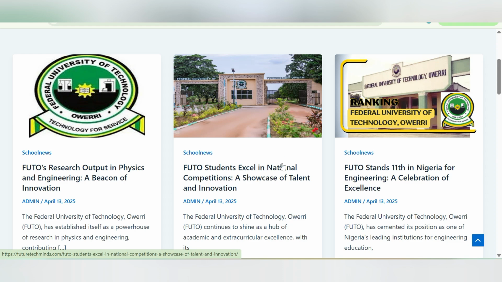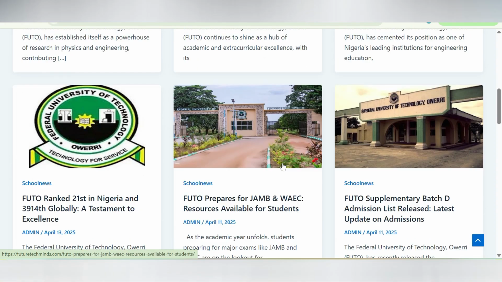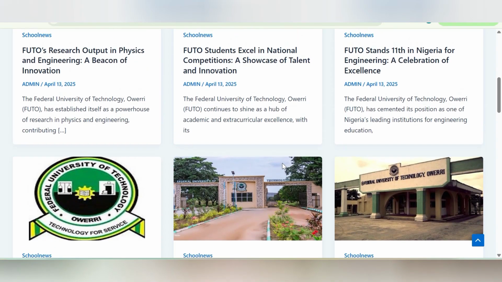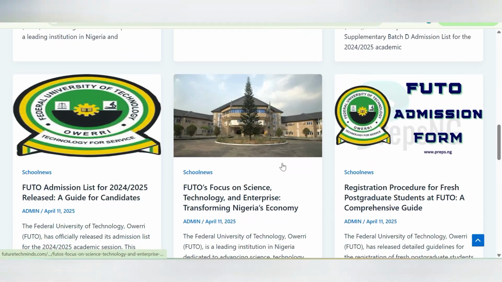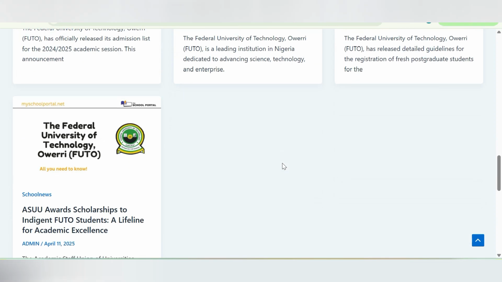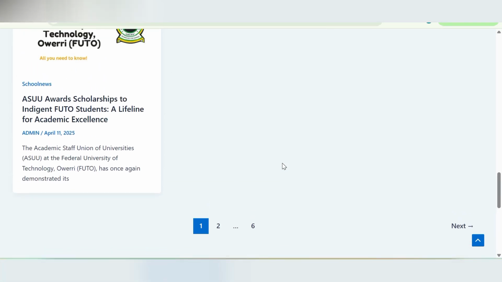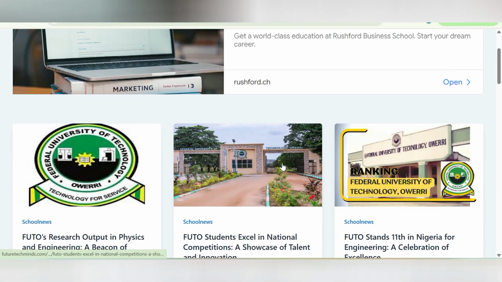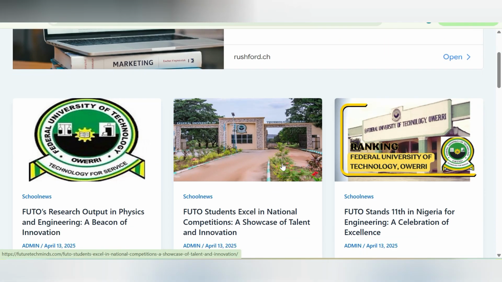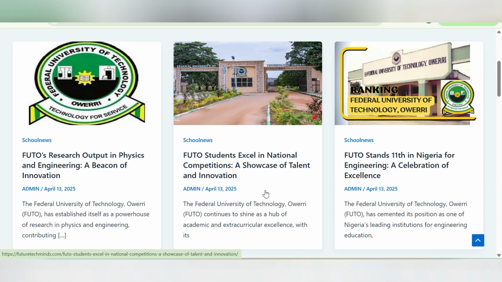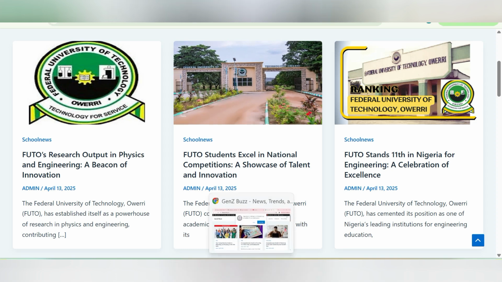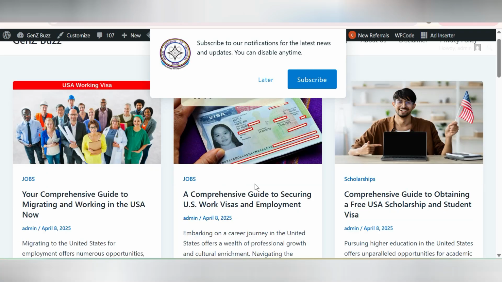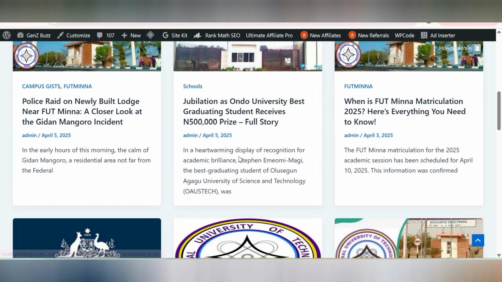So now if you observe, this particular site is 100% about FUTO, right? So I bought this site. One of my editors is managing it currently. So you can see that everything here is about FUTO, right? FUTO is Federal University of Technology, Owerri, 100% on it. And every single thing from this site will be posted in their WhatsApp groups and Facebook groups, right? Meanwhile, if you look at this site, this one is not quite 100%, but majorly about Federal University